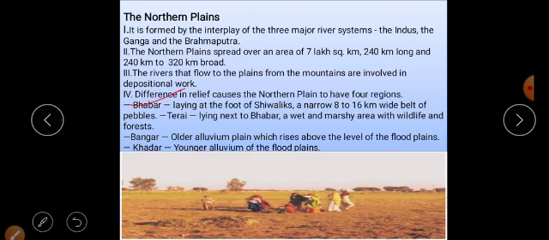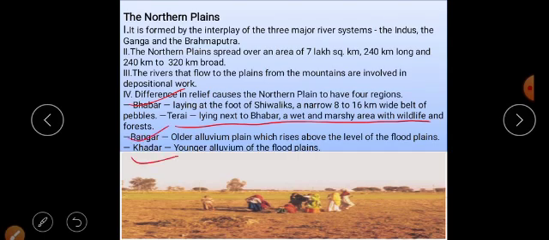There's the Bhabar after the Shivalik. What are the soil qualities there? Pebbles will be there, not fine soil. After the Shivalik the actual alluvial soils are there, but there are also different types of pebbles in the Bhabar. Terai is also there, lying next to the Bhabar. After the Bhabar, the next one is the forest area known as the Terai and Duars.